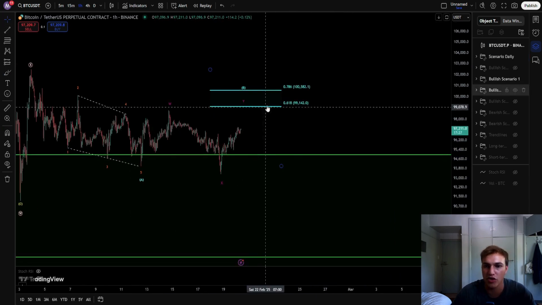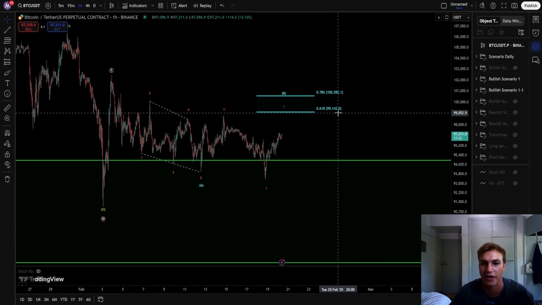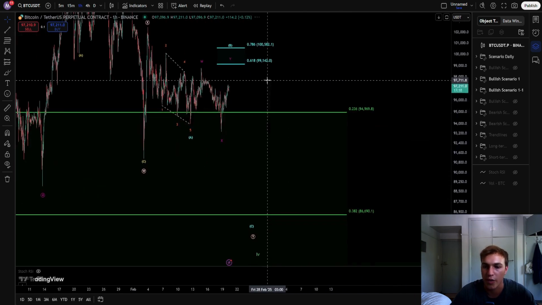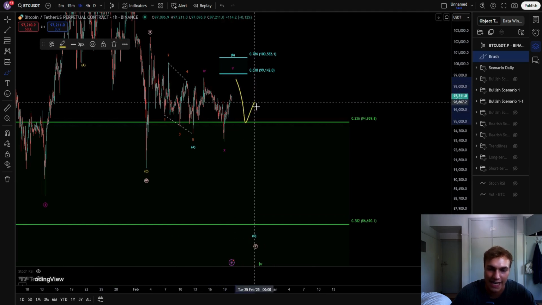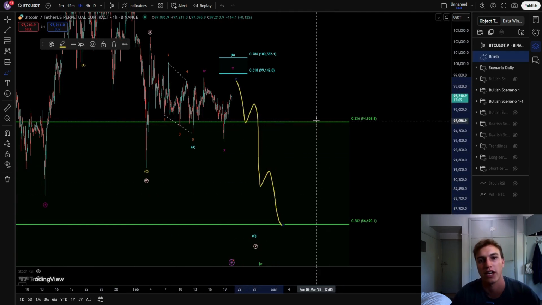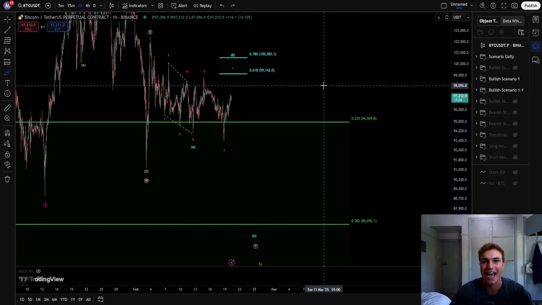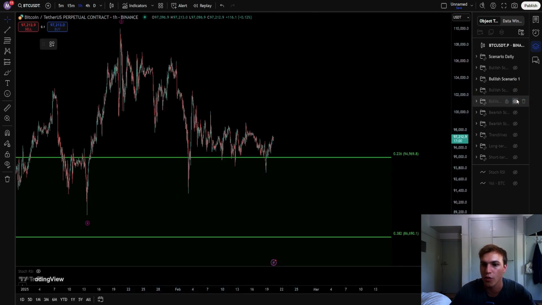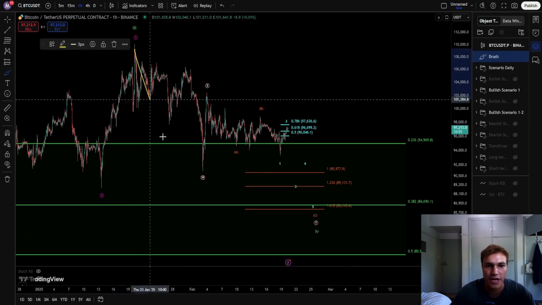After this wave B, targeting the 0.618 to the 0.786 at 99,142 to 100,582, we can then possibly look for a 5-wave structure again in the wave C, possibly down to that 0.382 that we've been talking about for a very long time at $86,690. Then the second scenario on the chart, we are looking at something like this, where we also still have